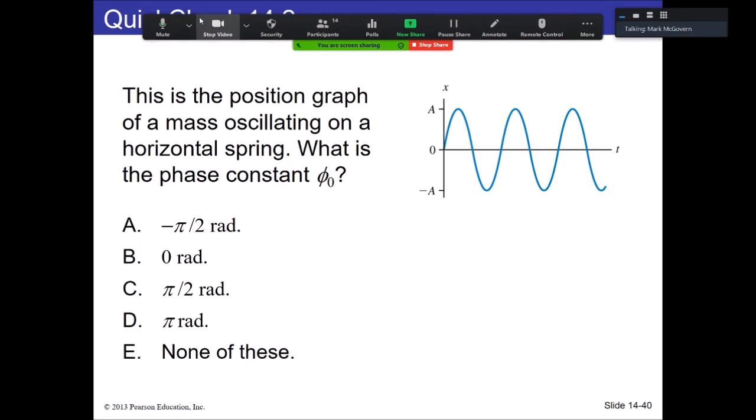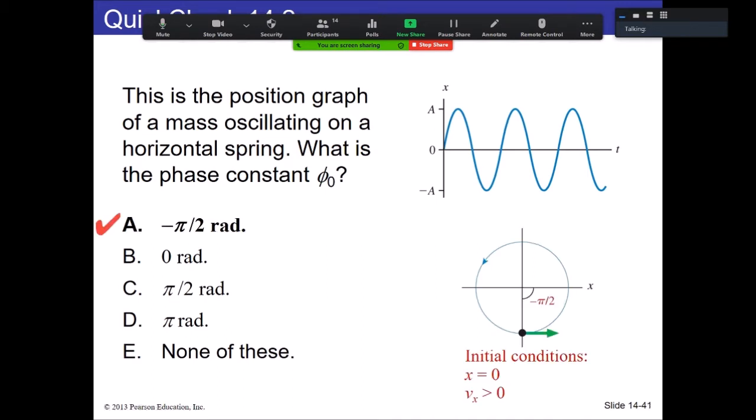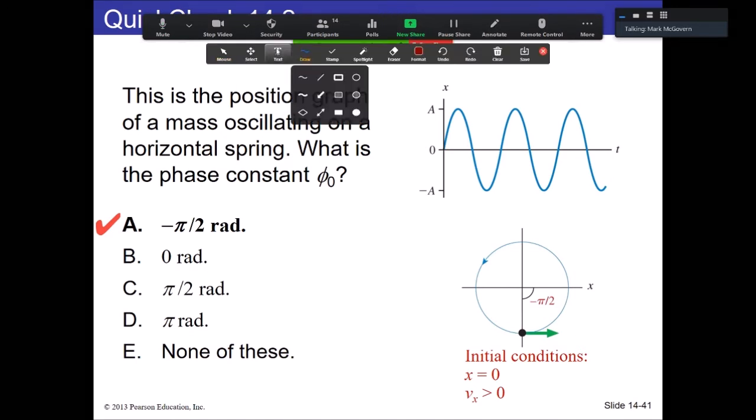So what is the phase constant here? This looks like a sine function, right? So the phase shift here is going to be minus pi over 2. Now, I can give you one really quick, easy way to conceptualize this, if you have a positive phase shift,